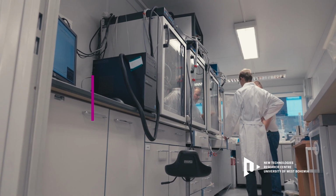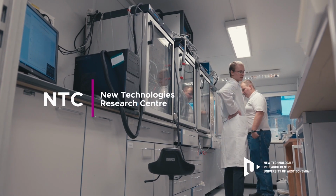Hello, we are here at New Technology Research Center, which belongs under West Bohemia University. We are partners of HIGREEW project, and the aim of this project is to develop redox flow batteries based on organic electrolytes, and these batteries should be environmentally friendly, should have high efficiency, very long lifetime, and of course need